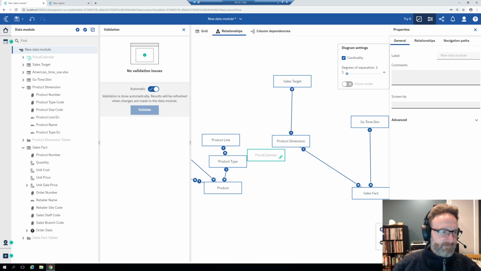Other questions in here: is the process only available for relational sources? As in, you couldn't join to planning analytics or something similar. That's true. So right now you can't do that, but you will be able to. That is coming out. I don't know if it's coming out in R5, but it's definitely coming in the next few releases where data modules will be able to handle kind of dimensional sources like planning analytics or power cubes